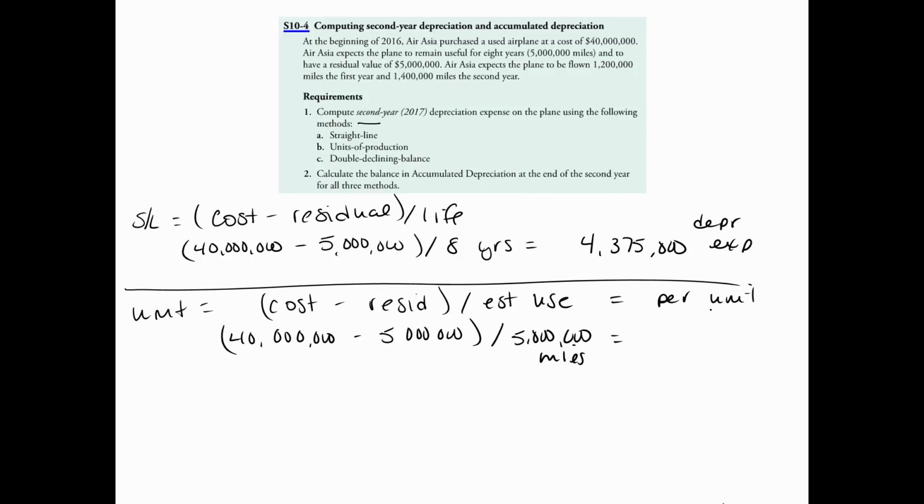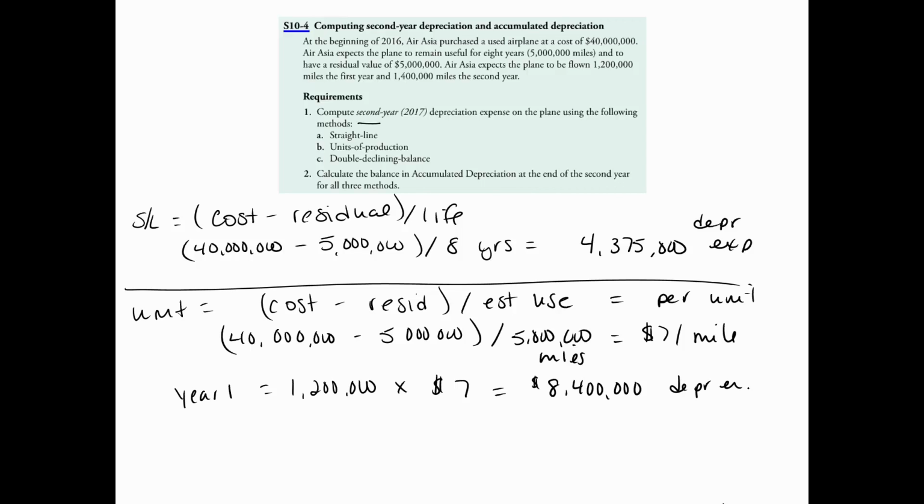And I get a rate of $7 again. $7 per mile. So in year 1, I expected to fly 1.2 million miles. I'll take that times 7, and I'll get depreciation expense of 8,400,000